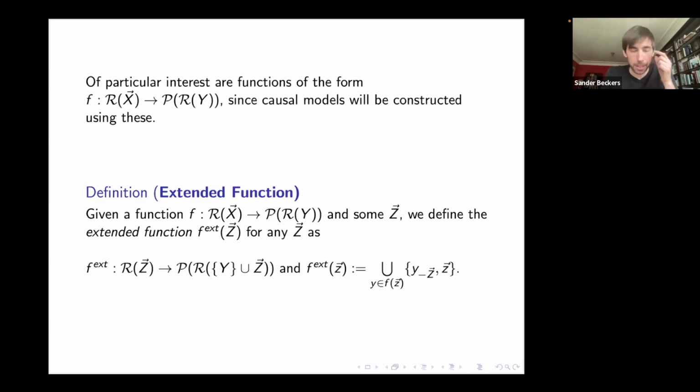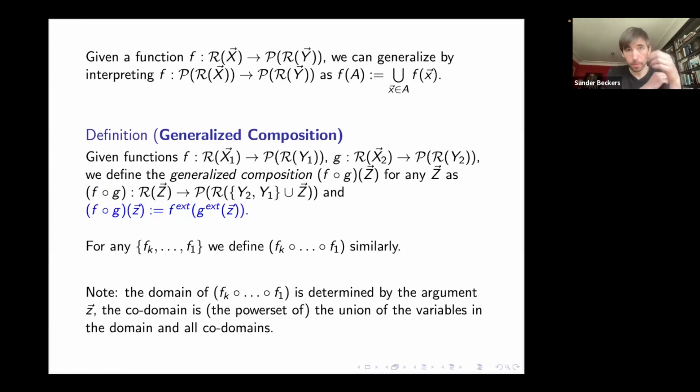Sorry, but we're not finished yet. With these definitions, we can go even further, because the purpose of these extended functions was to allow defining compositions. So that's what we're going to do next. And first, there's already a preamble, and this is very straightforward. You can consider a function on a set of input values, and that's also a function, right? So then you have a function from a set to a set. So on the top, you see f(A) equals. If A is a set of values, then you just take the union of all the inputs, and that's going to be how you interpret that function.